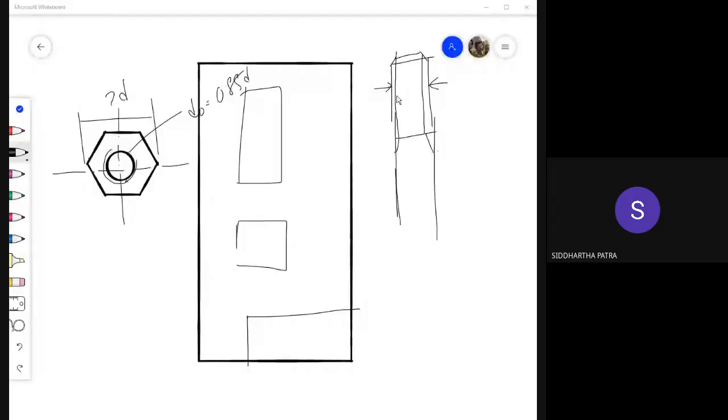So this 3/4 circle is actually matching with this diameter. The core diameter is this one, d0, so that is this solid circle right there. Now this bolt passes through a cylindrical hole on the cap and the body of the Plummer block.